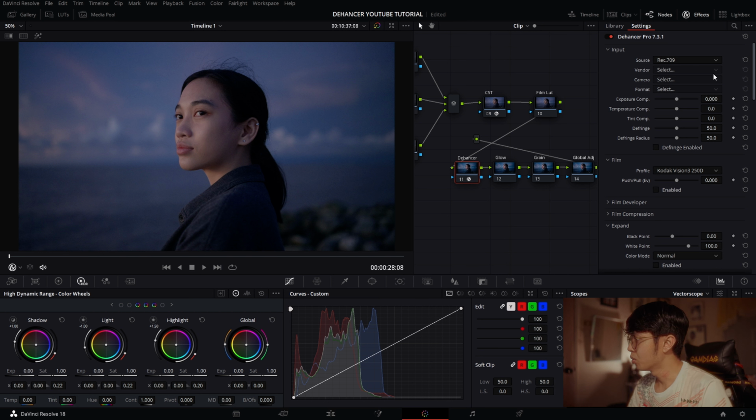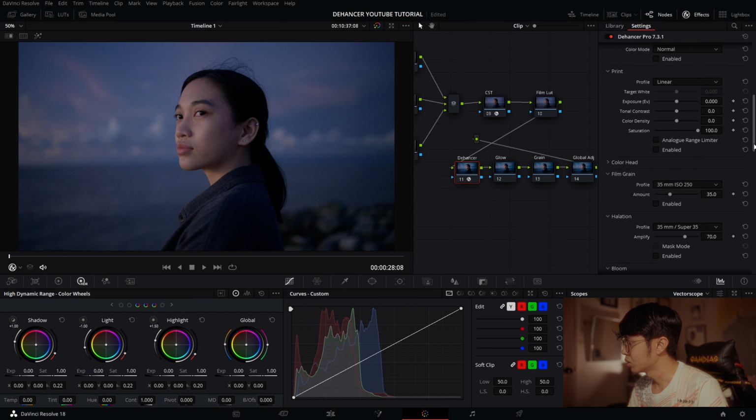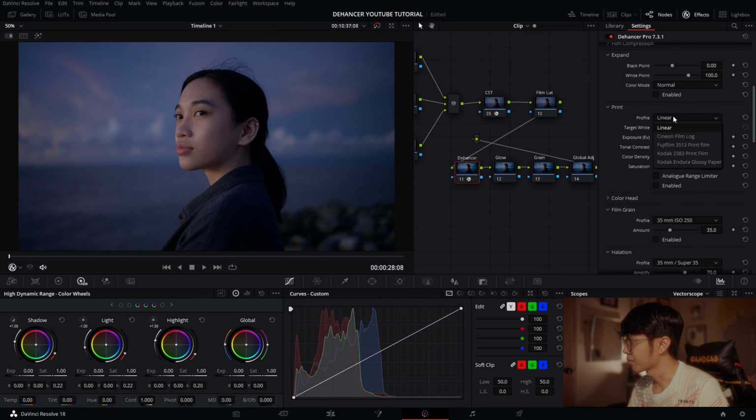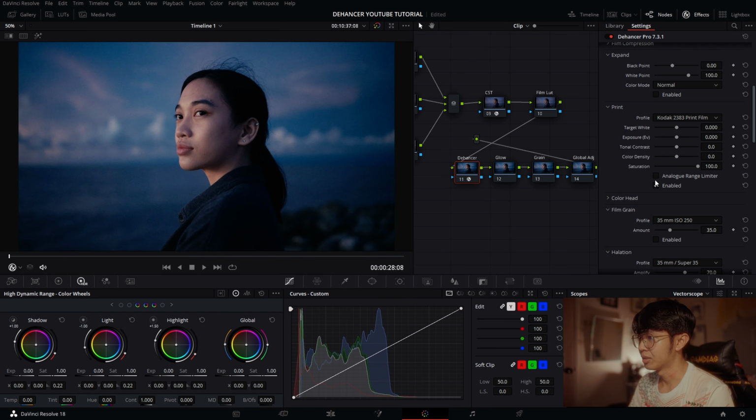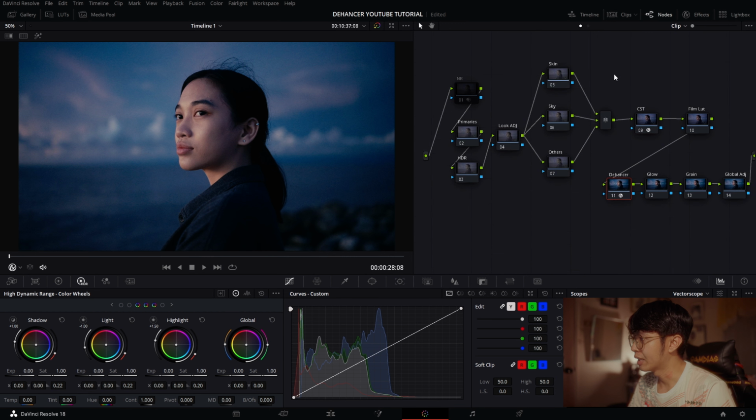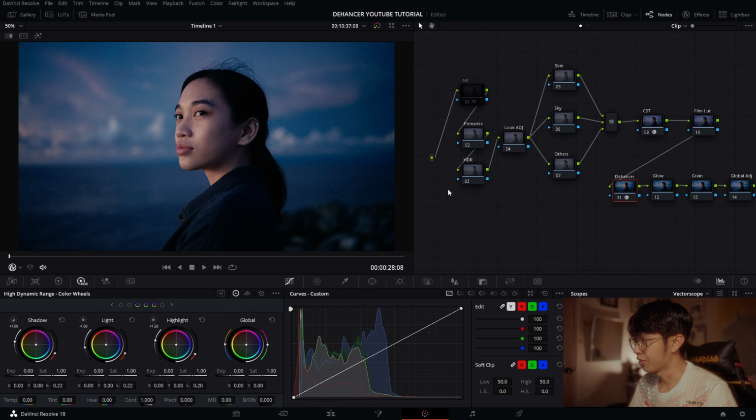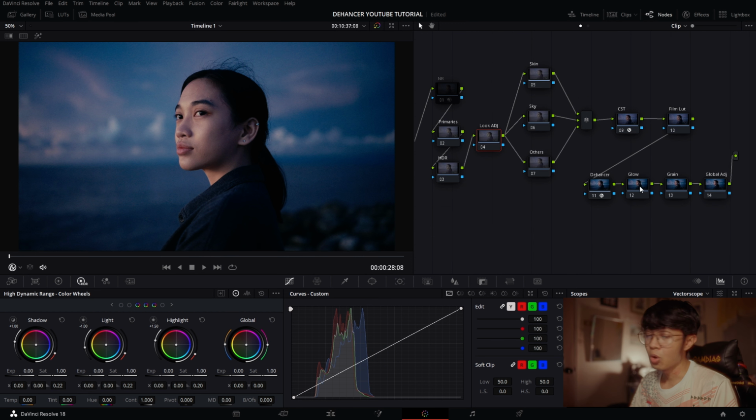So firstly what we're going to do is we go here. Kodak 2380 print film, that's my favorite really. So right now it looks good but not that good. So we're going to correct that here in our color correction. So this is the technique. Every color correction and look adjustment comes before CST, and every glow, grain, and some global adjustments comes after CST,